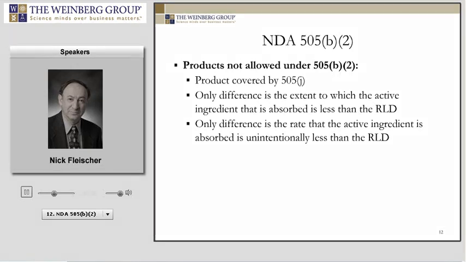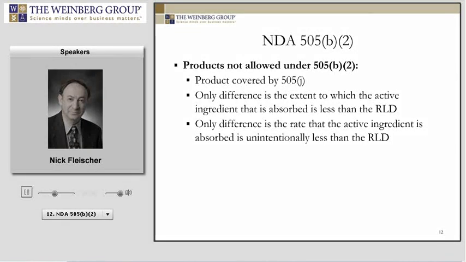The only time that you cannot use the 505(b)(2) NDA pathway is when the product would be identical to an ANDA product. The other places where 505(b)(2) can't be used is where the only difference is in the extent, so the exposure of the active ingredient, and it is absorbed less than the RLD. And this is what I was saying earlier, that if you're bioinequivalent but on the low side, that's a situation where the 505(b)(2) NDA process cannot be used at all.